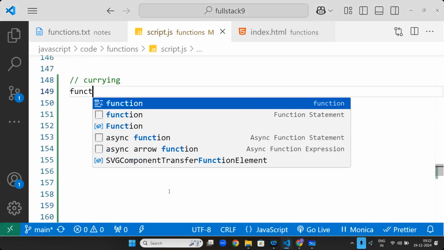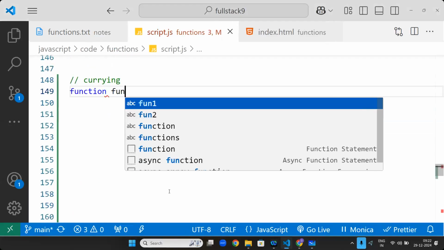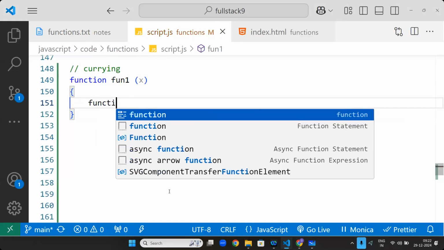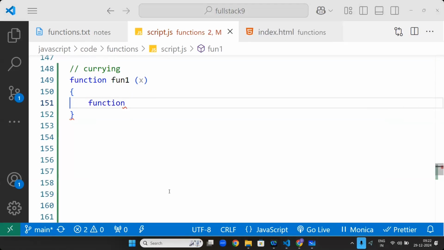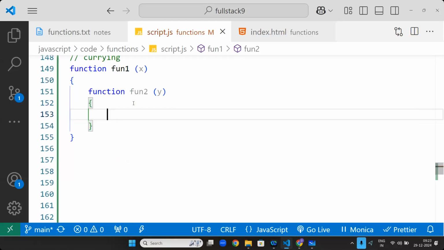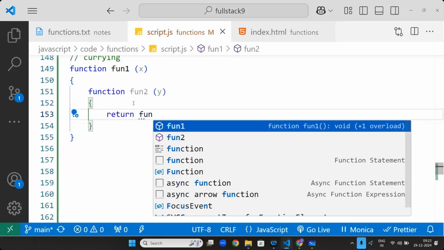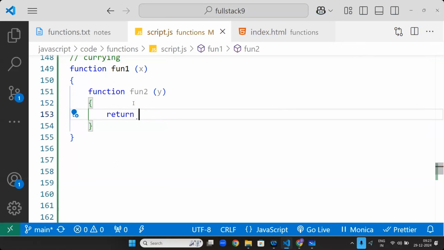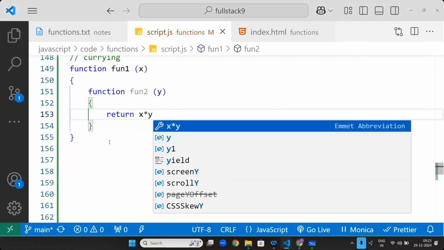Now, you will understand it very easily. function fun1(x) { function fun2(y) { return x * y }